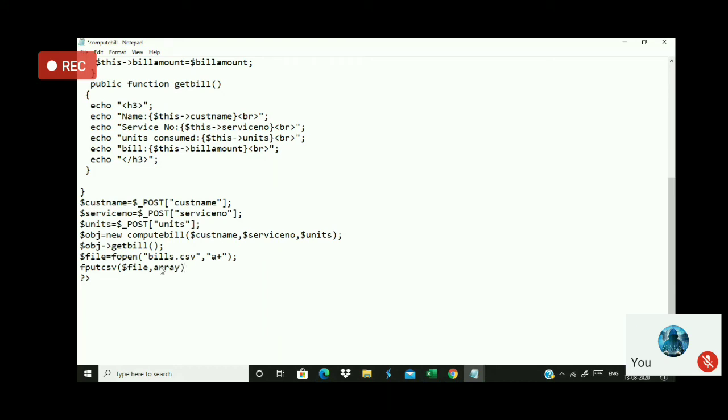When you are writing an Excel file, you will have a row and a set of columns. An array will have a row and a set of columns. So you can write only an array inside an Excel file. So now I need an array where the bill is generated. Let us assume that ARR is the array name. I write $ARR. This is called an array. I need an array over here. So what should I do?